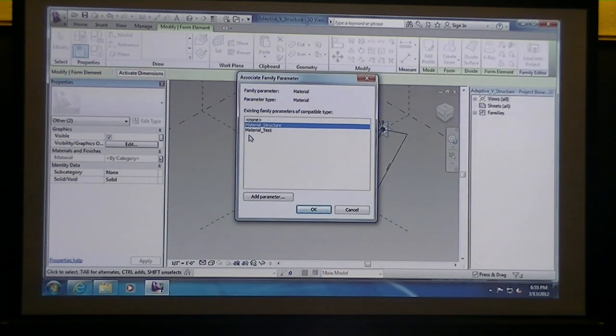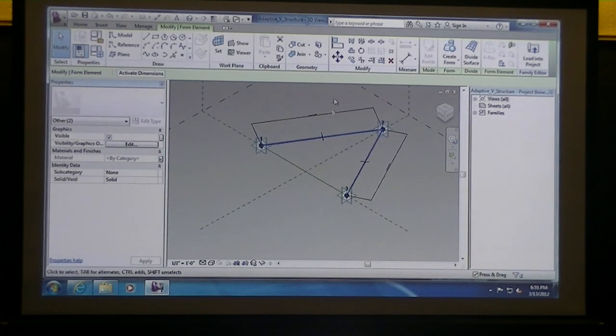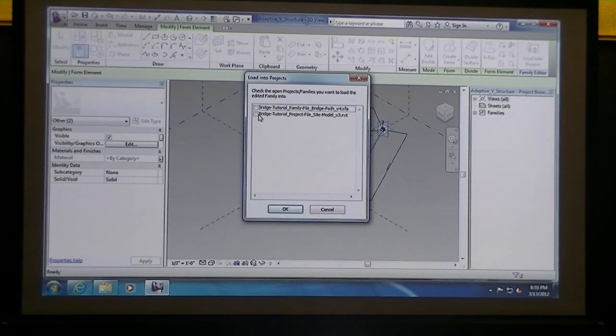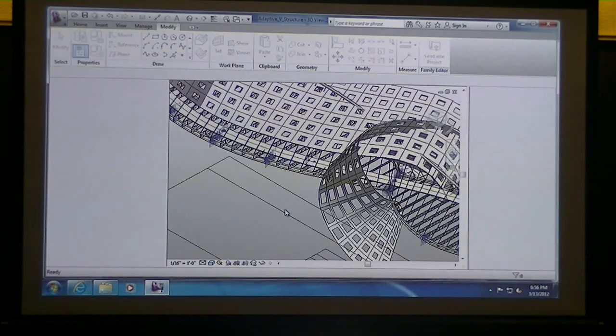And since we've set up these parameters that are dealing with the material, I could then say that all of these different 3D objects are going to have the material set to material test. And I hit OK. And then when I load that into the project, I can load this into, if I just move it into this family file,